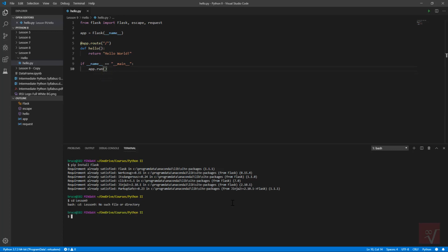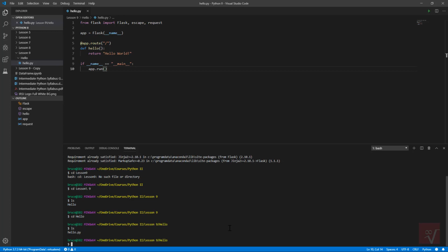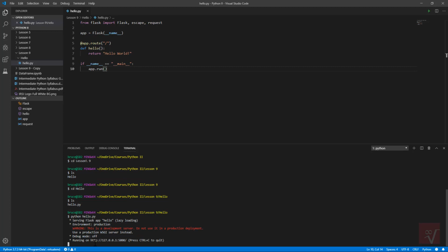So I have to make sure I have a space between lesson and 9 there. And then I'll change into the hello folder. And you'll see I have the hello.py Python file. When I type in python hello.py, you'll see here it starts the Flask app, and then it tells us it's running at